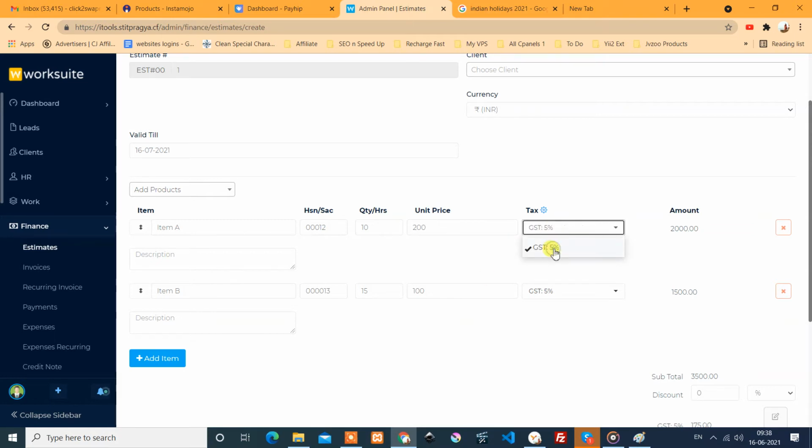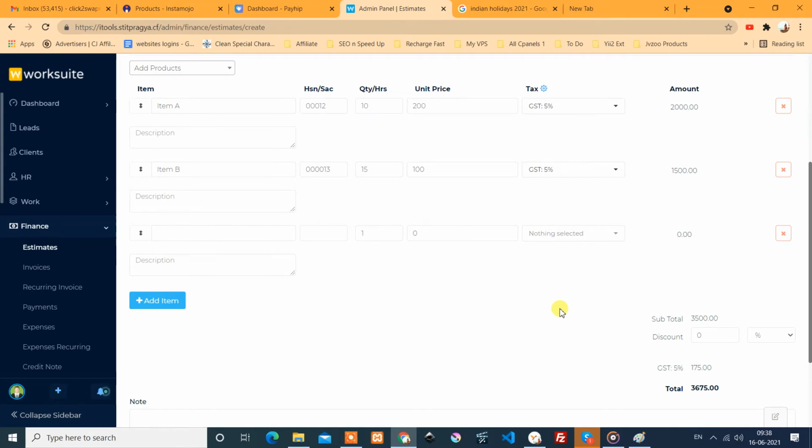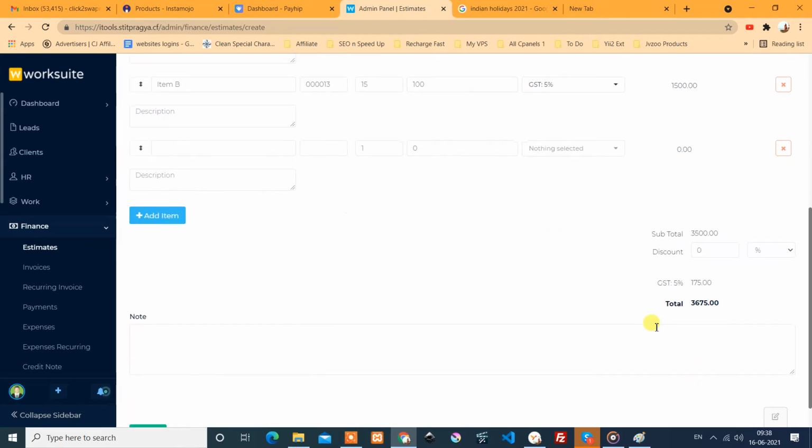It is not selected. I added this item. Yes, GST is calculated separately, and that is added into the total.